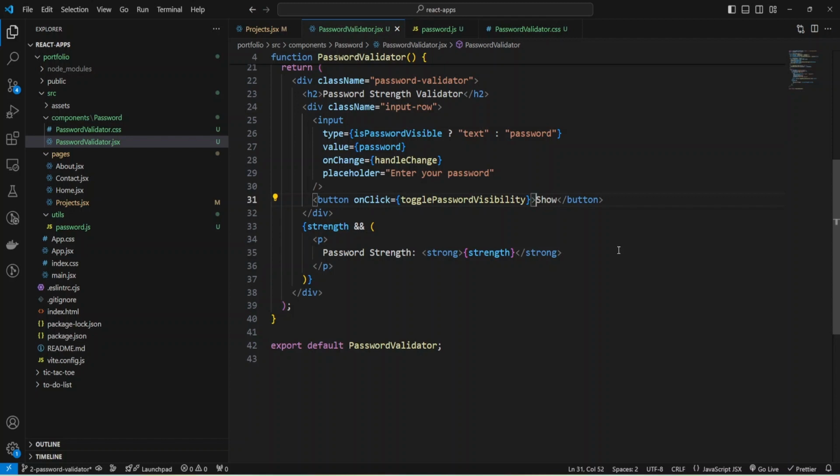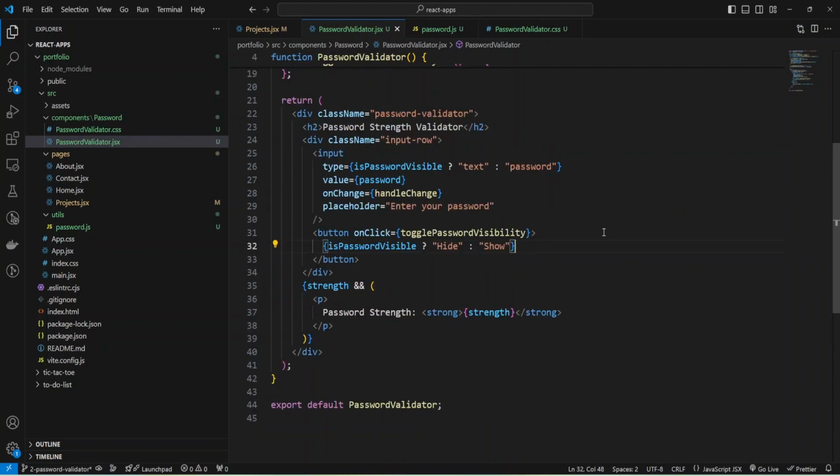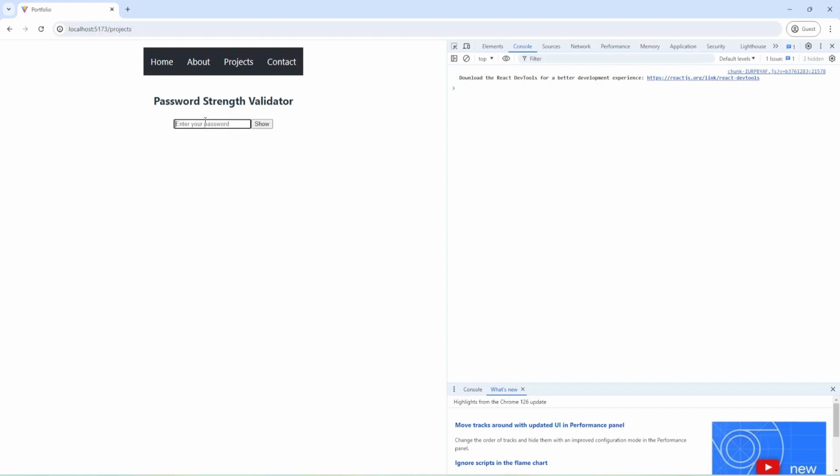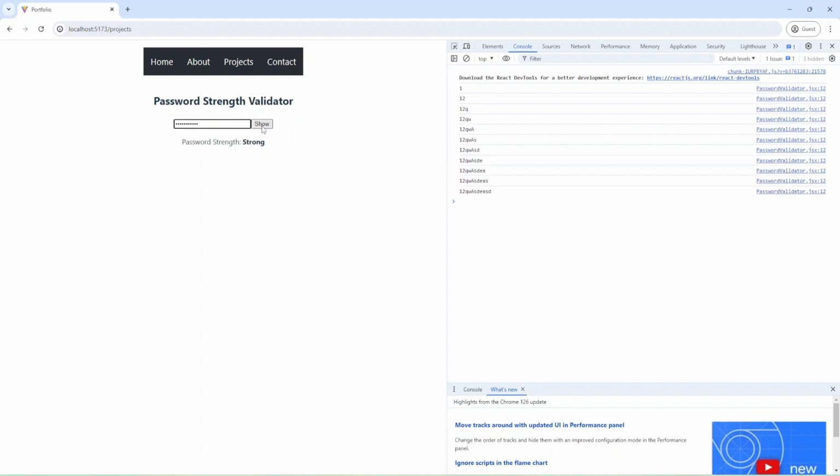And I'm going to add code. Yes, password visible. If password visible, then we can hide it. Hide or show otherwise. Let's check what we have. I'm going to provide some text, and now I can show my password, add more letters, and as you can see, password is strong, and I can hide it. Add letters and show again.